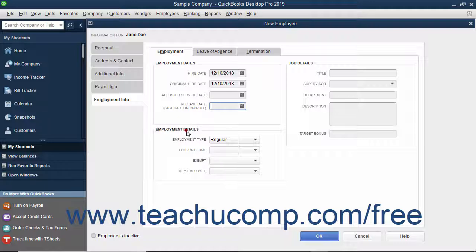In the Employment Details section, you can use the Employment Type dropdown to classify the employee as a regular W-2 employee, a statutory or 1099 employee, or an officer or owner of the company. You can also use the full or part-time, exempt, and key employee dropdowns to select whether the employee is full or part-time, whether or not they are exempt, and whether or not they are considered a key employee. In the Job Details section, you can enter job-related details about the employee if desired, including their title, supervisor, department,